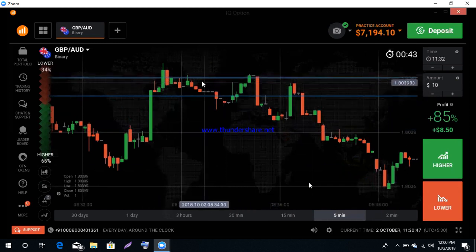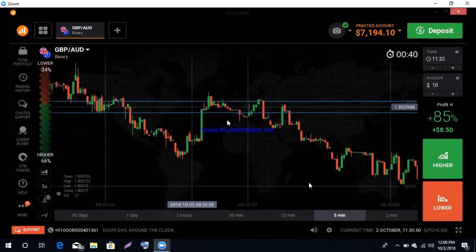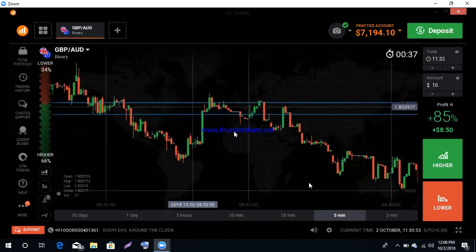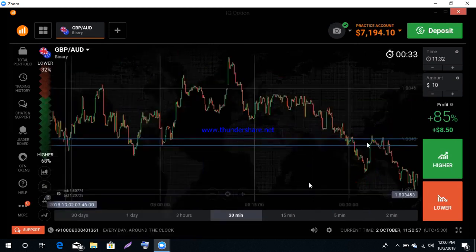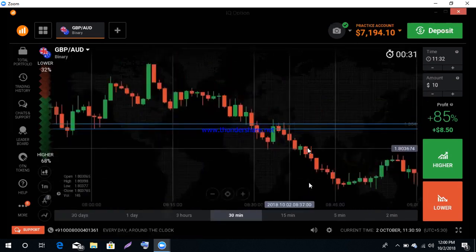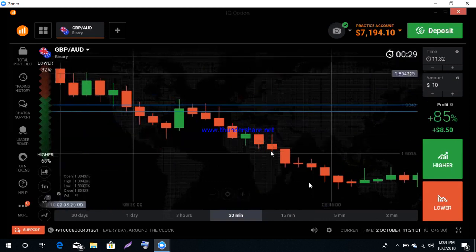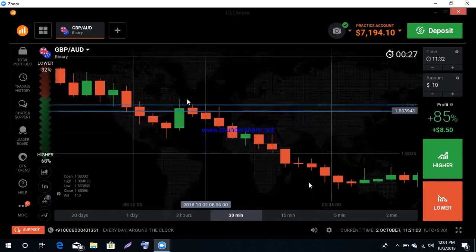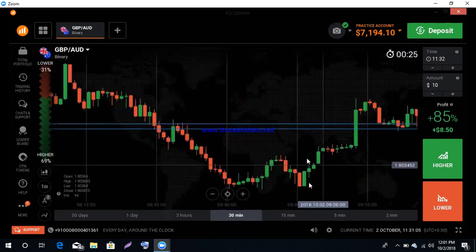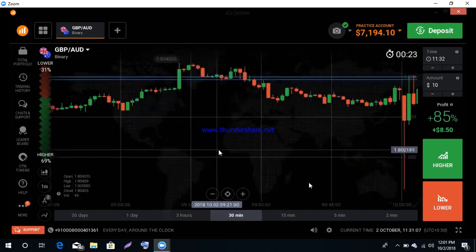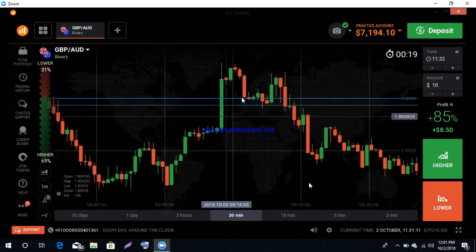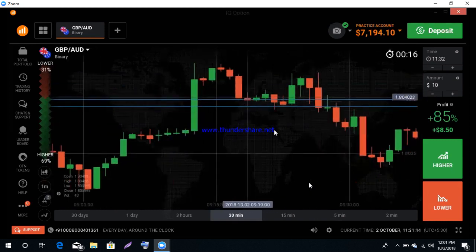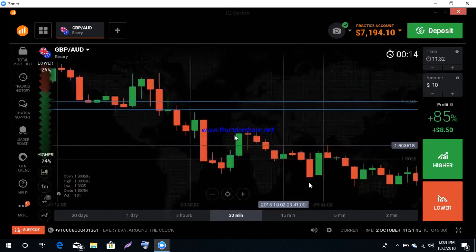Okay, but this is not a confirmation candle. I will explain about confirmation candles. You can't trade here actually. This is not confirmation, but this is downtrend. We are placing our trade in the direction of trend, but we can take that as a confirmation. Okay, this is breakout. I think there is no confirmation in this candle because this is a very weak candle.